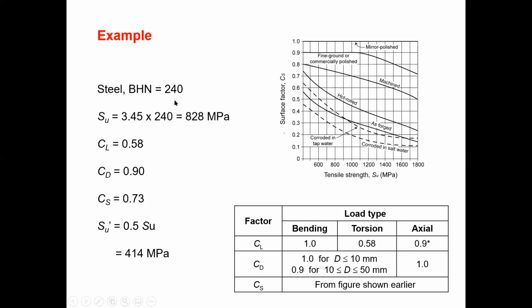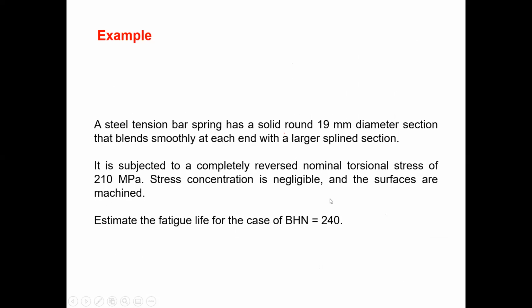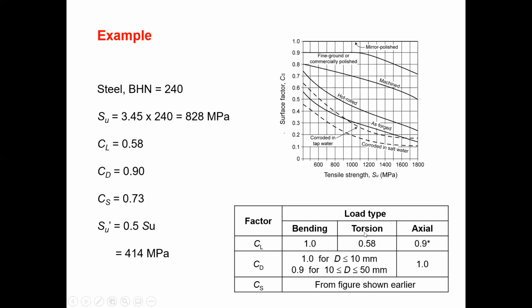So you have the BHN value they provide in here, so you know the relationship. So you can find out the ultimate tensile strength. You can see they always find out the ultimate tensile strength at the very beginning. Okay, and CL, because this is torsional stress. So for the torsional stress, you can see the load factor is 0.58,